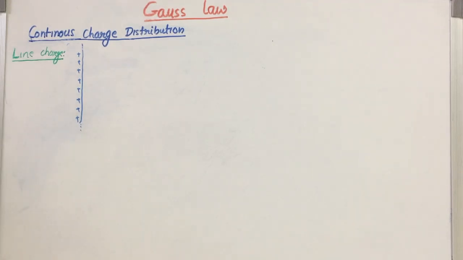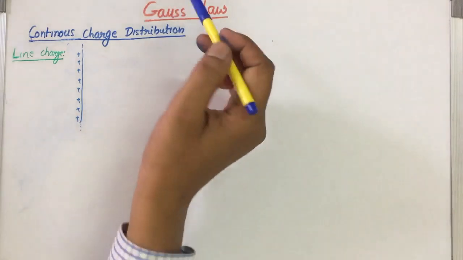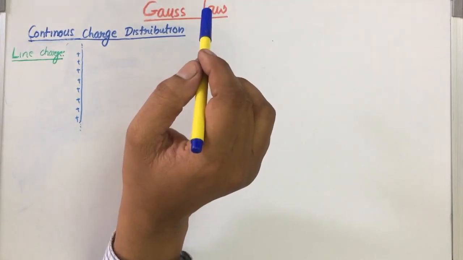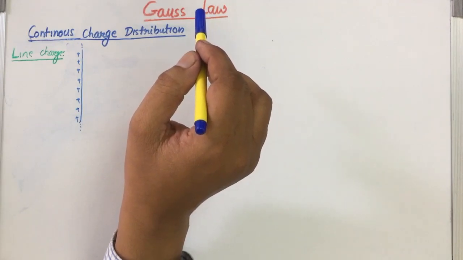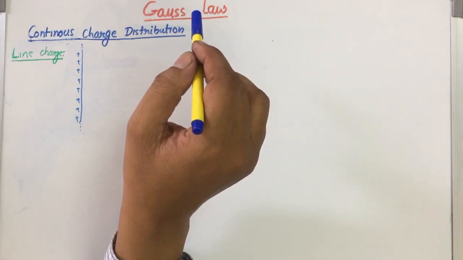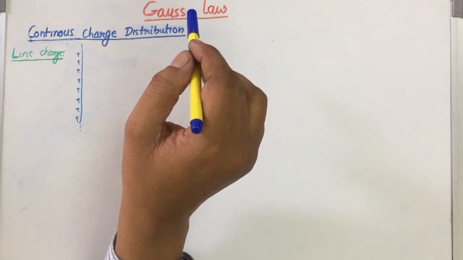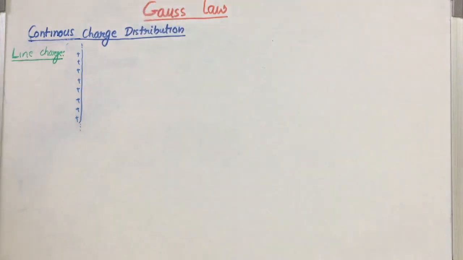At the last turn, we discussed Gauss's law and found that it was an alternate method to find the electric field, and we did it for a point charge. In that case, we determined the electric field by applying Gauss's law. Now, let us try to find the electric field for different charges using Gauss's law. Different charges means the distribution of the charge is different.